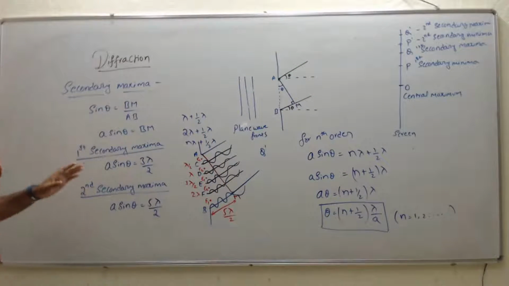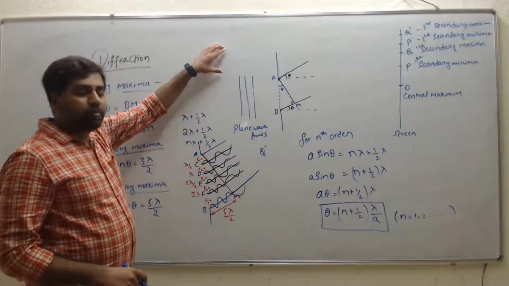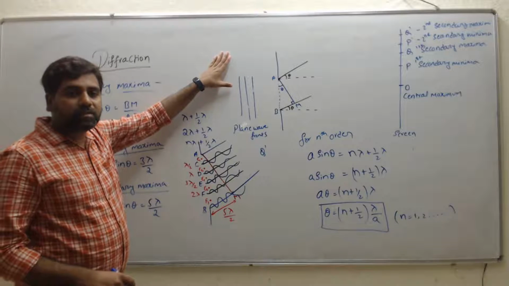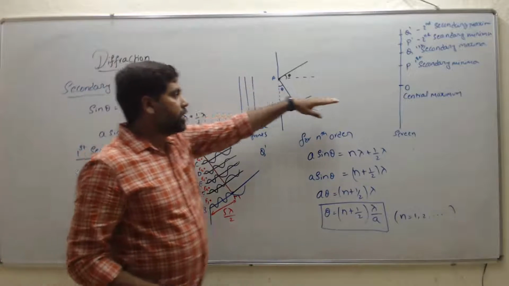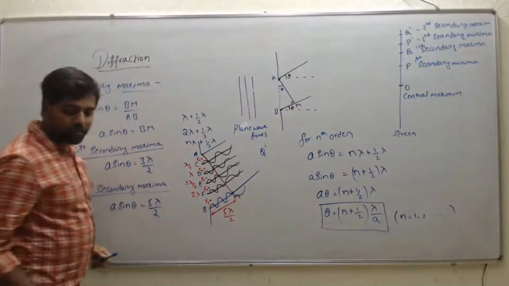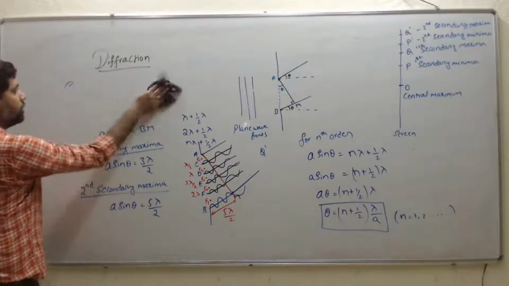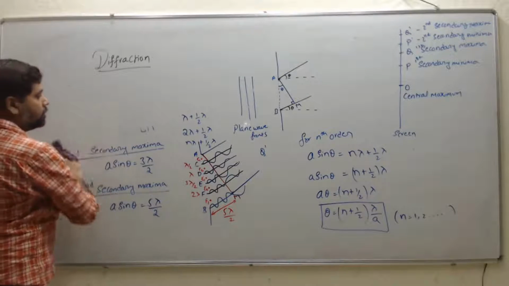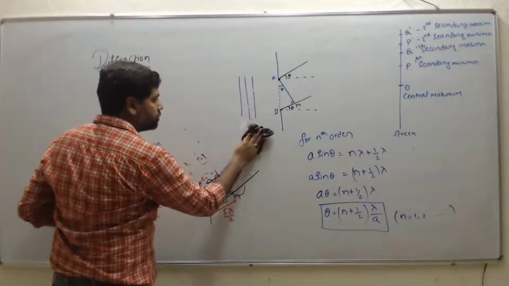In the interference pattern, all the bands, that is the fringes, have constant intensities, that is they have the same values, but here the intensity goes on decreasing, right? So if we draw the intensity distribution curve,